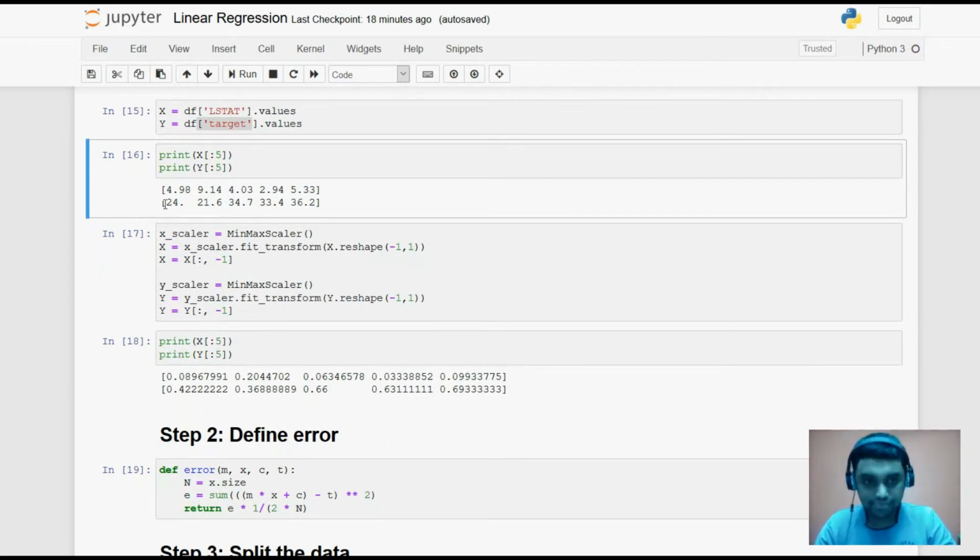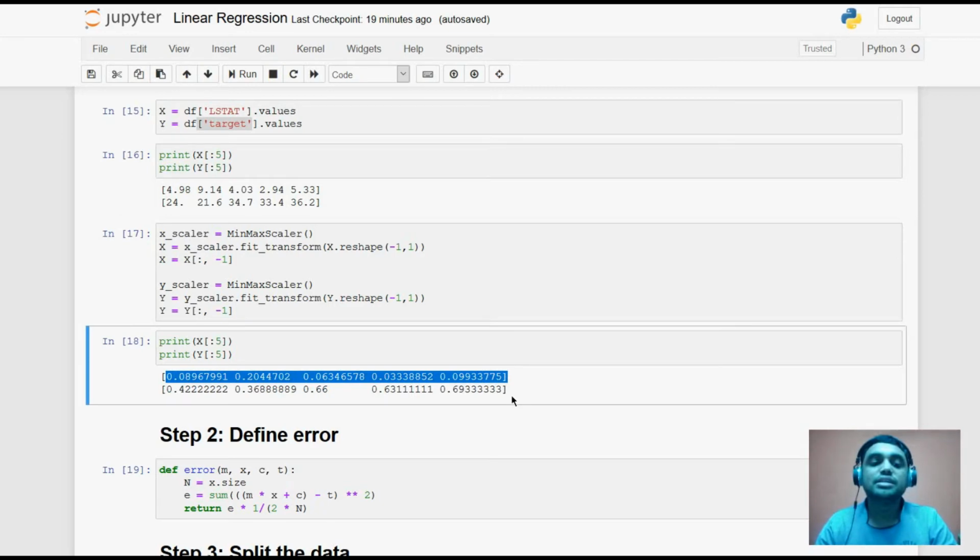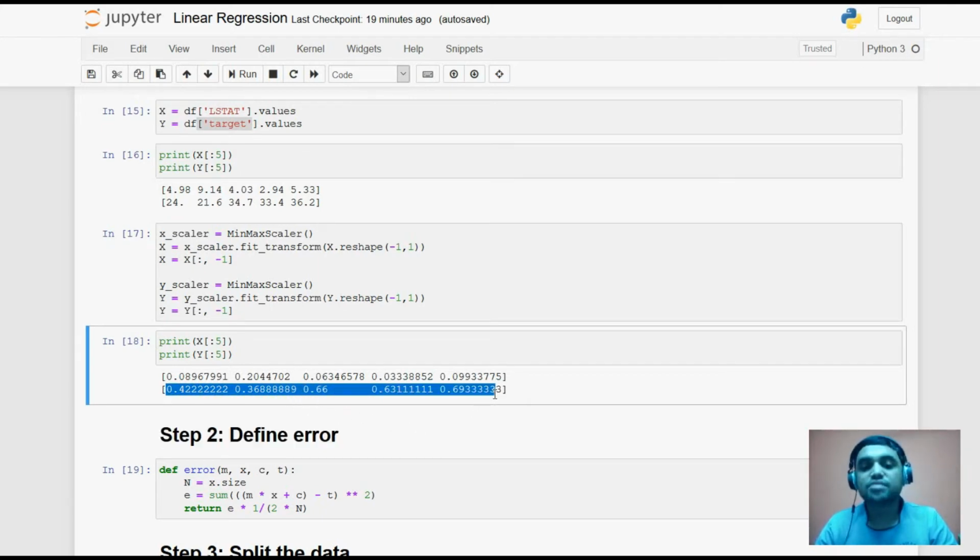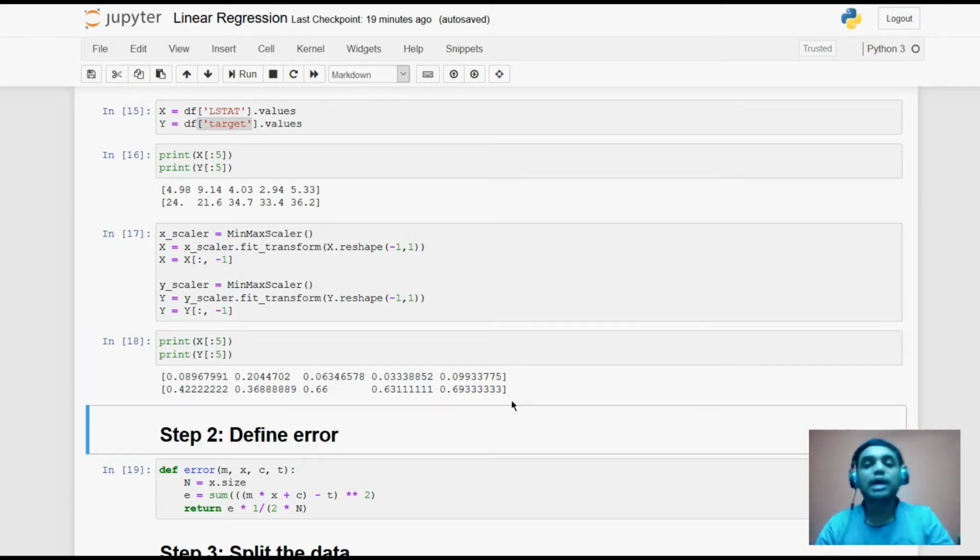As you can see, the data which contained values like 4.9, 9.14, 4.3, 2.9, not in a proper order, is now normalized to values between 0 and 1. All the values in x and in the list y are between 0 and 1. This will help us to train a model and predict in a very accurate way.